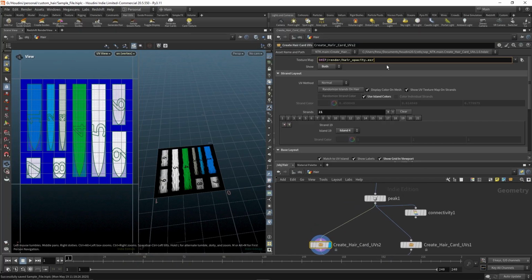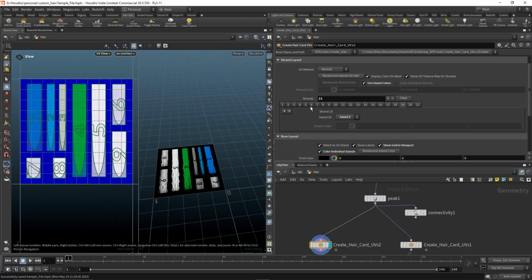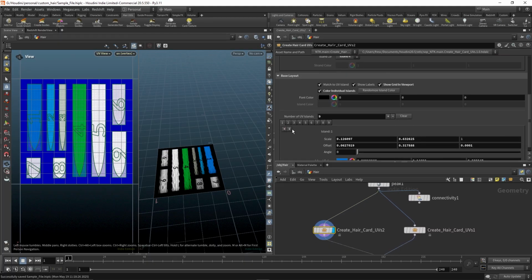The maps were all created from tutorials that I found for creating hair cards for both Blender and Houdini, and those links will be in the description of the video. But it's pretty simple to use. Once you plug it in, once you create your islands, position your islands, like I said,